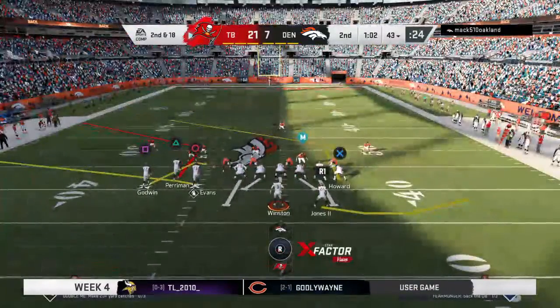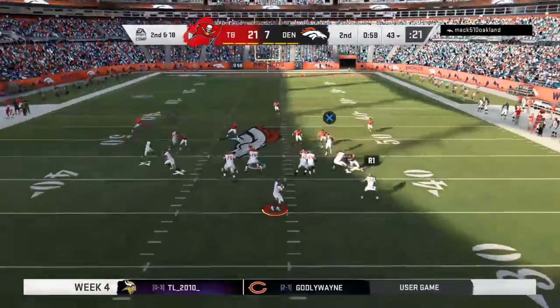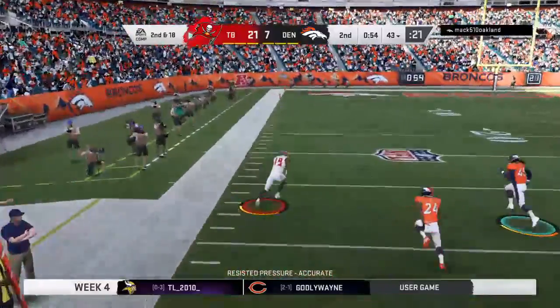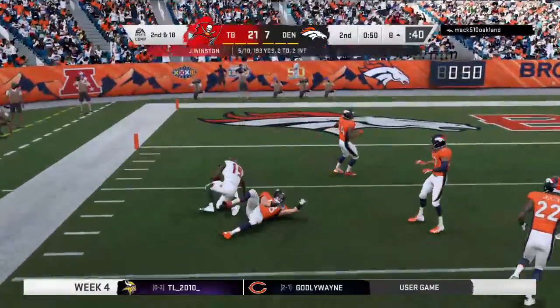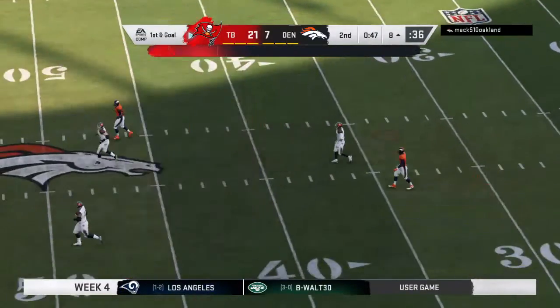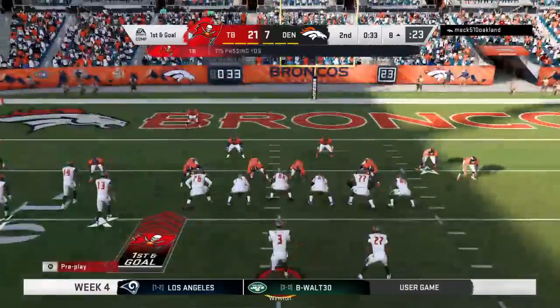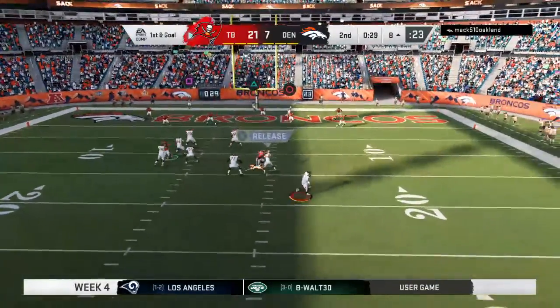Got to imagine the pass rush will be equally intense here on second down following the sack. It's 2nd and 18. Got a man. It's Brashad Perriman. And they're going to have this way down deep in Denver territory. Let's go. A big play there just before halftime. 49 yards. A chance to really cap off a big first half here as they come up on 1st and